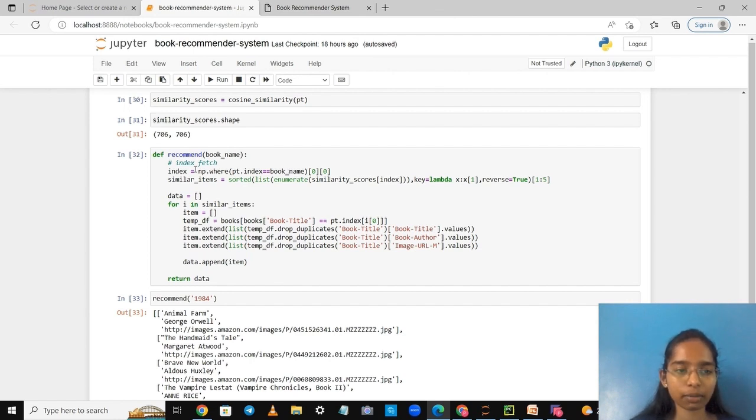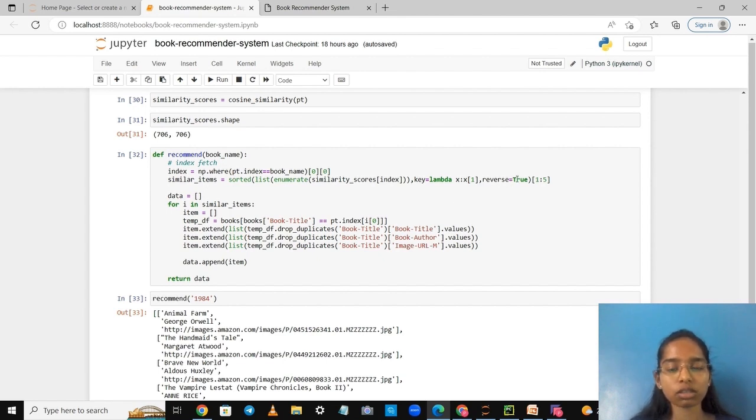So we'll get the index of the book name which we have passed. Then we'll find the similar items. Based on the similarity scores, we'll pass the index of the book which we want to search for, and we'll get the similar items based on the similarity score.